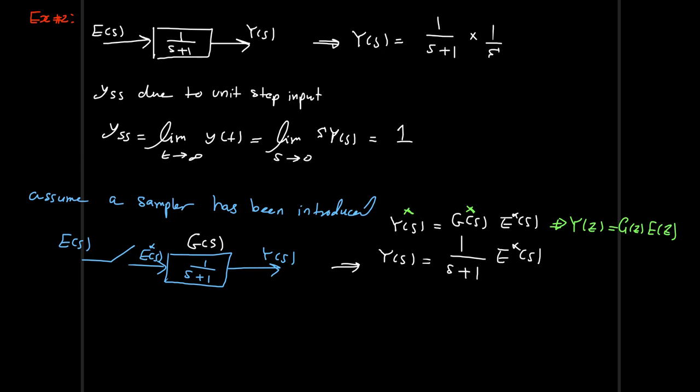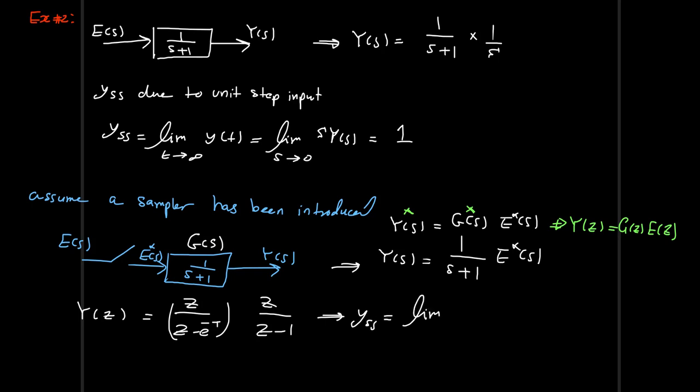So now we can evaluate Y of z. Now this one we already have. This one is z over z minus exponential of minus T, and the unit step sequence is z over z minus 1. Now we need to evaluate the Y steady state, which will equal the limit when z goes to 1 of z minus 1